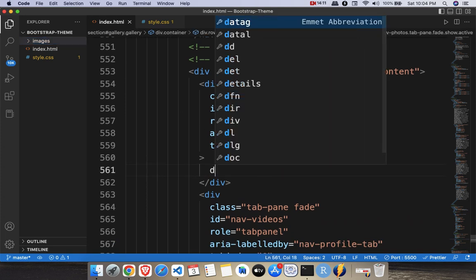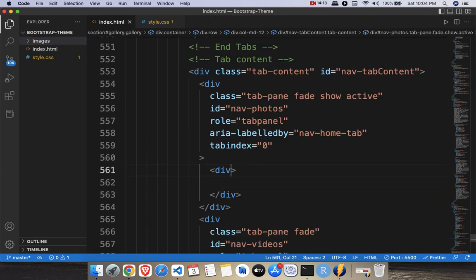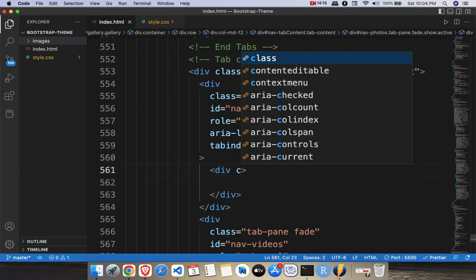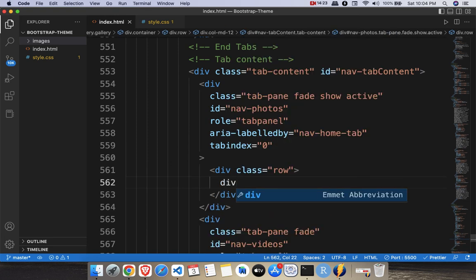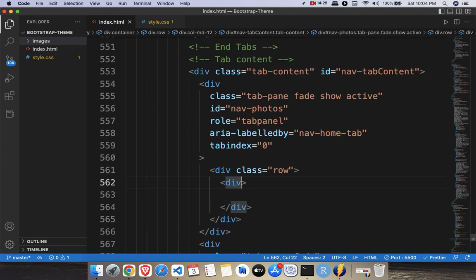Now I'll create one division with class, and I'll make it as row, because in each section I want to add 3 images. So again I'll add div class col-md-4, and here I'll write an image, img